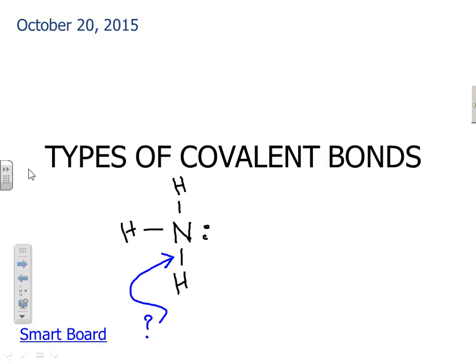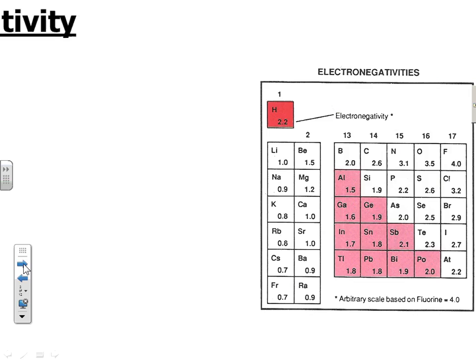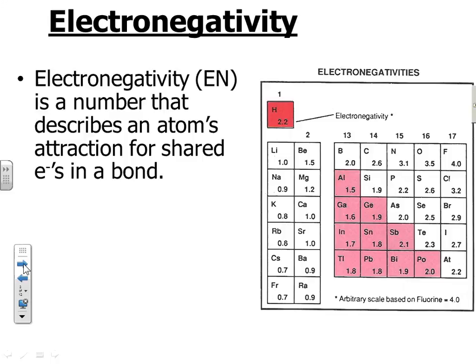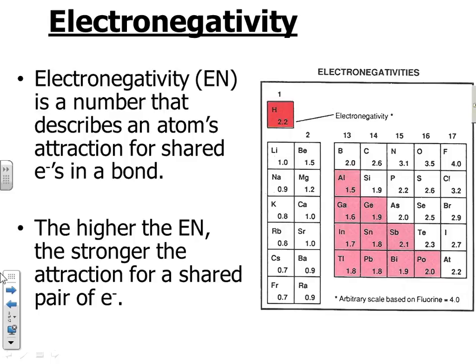We know how to draw a Lewis diagram. We know how to draw single, double, and triple bonds. We know how to deal with a lone pair. We're now asking the question, what's going on in that shared pair? It doesn't change the way we draw the pictures, but it changes the way we interpret these pictures. It gives us a little more meaning. So the first thing that we need to learn about is a special number that is found on our